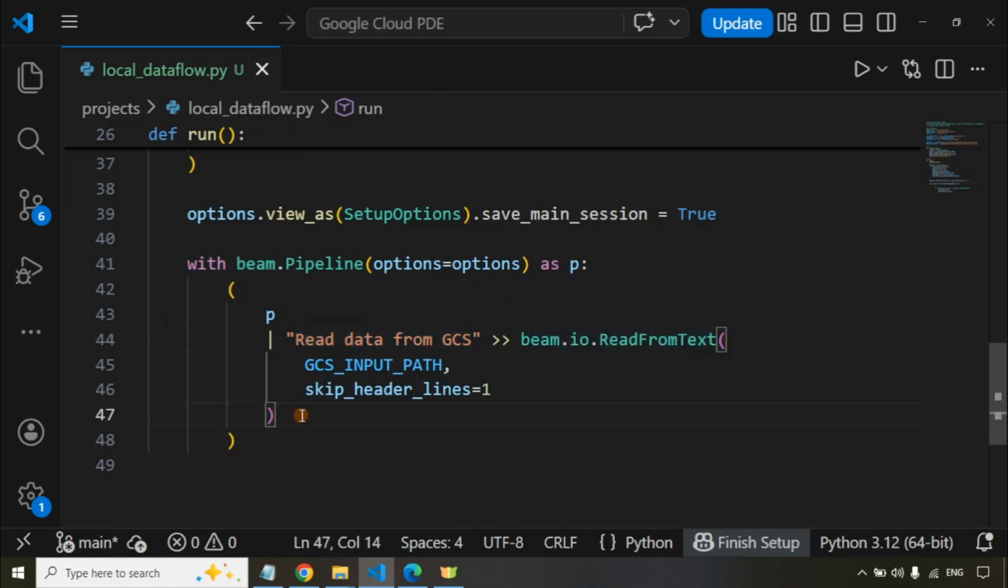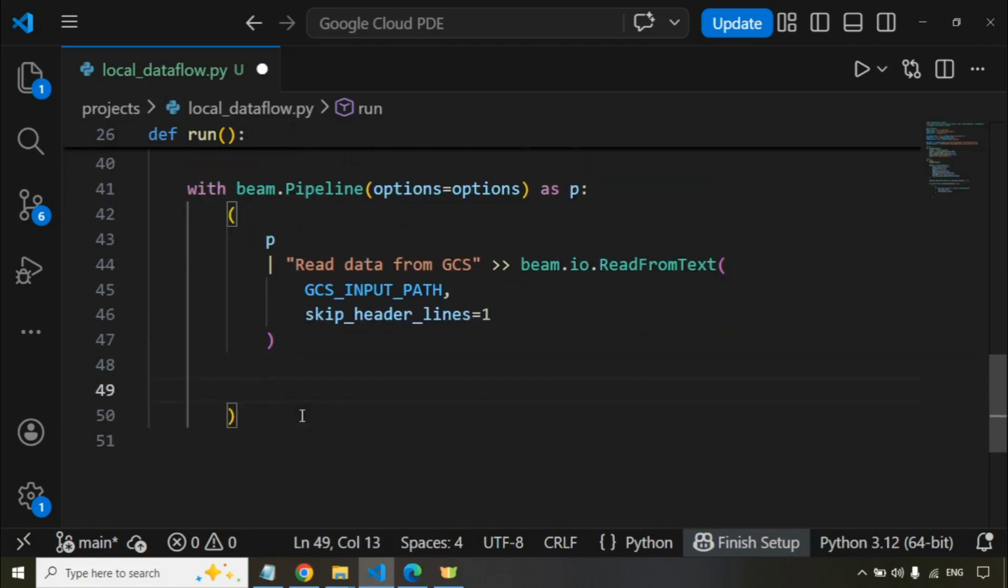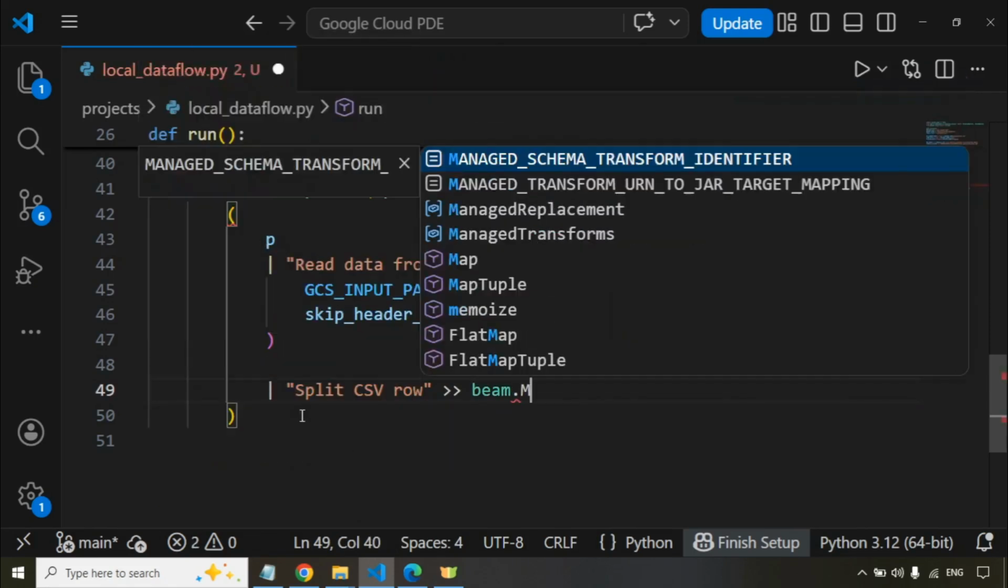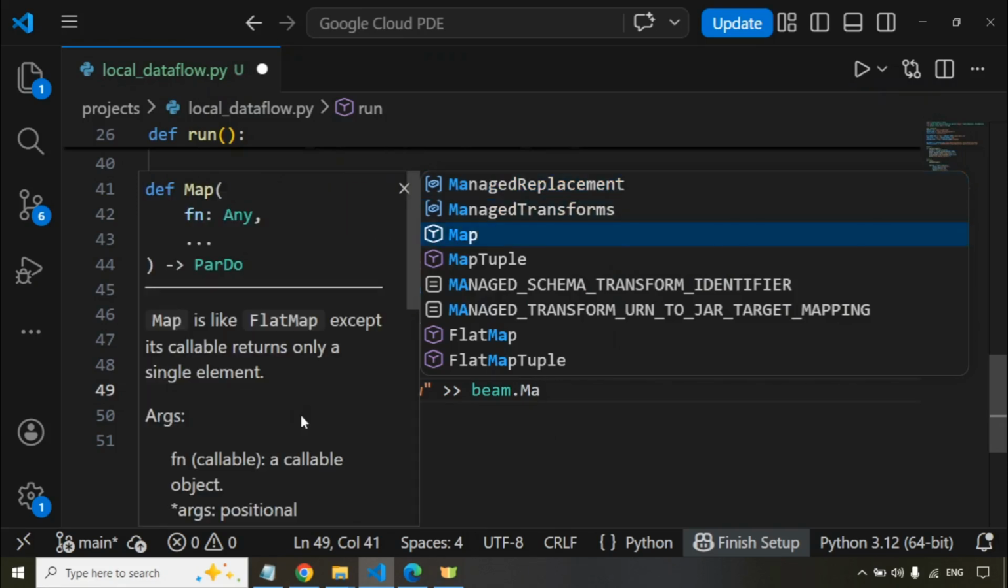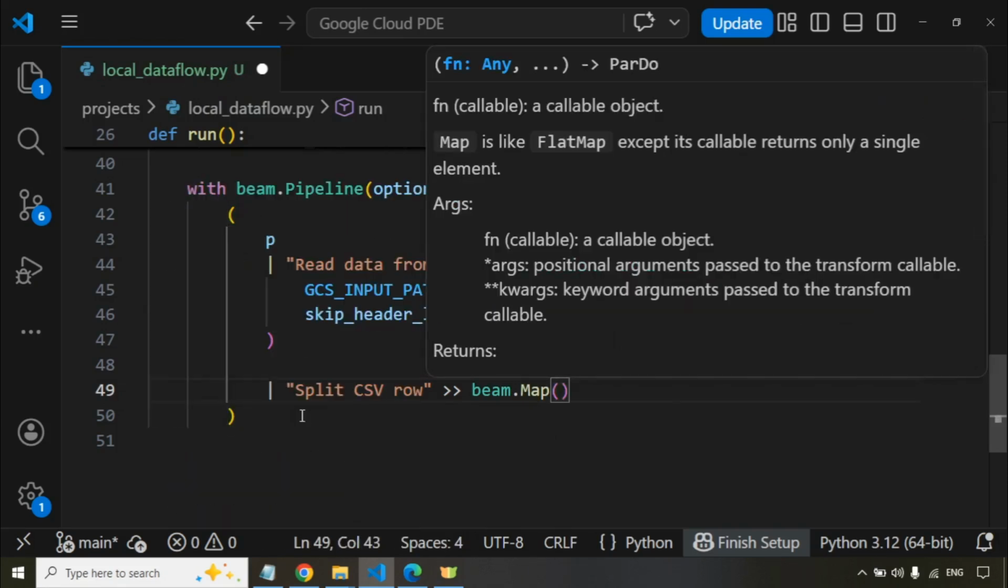Right? So next is my transformation step. This is absolutely important, right? You can give any transformation, it's up to you. Okay, so I can say that I want to split, sorry, this is not a transformation, we are just splitting the line by using map. Split CSV row. Okay, so I will tell what exactly happens here. What we'll do is beam dot Map. We have to use the map function with lambda